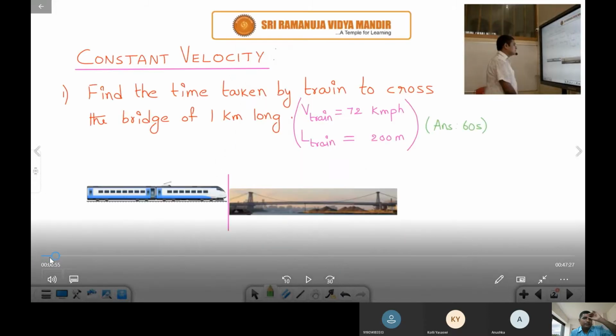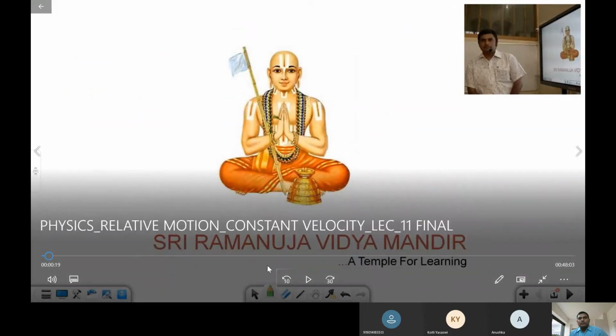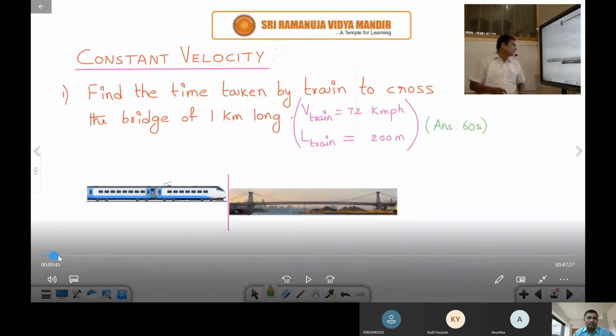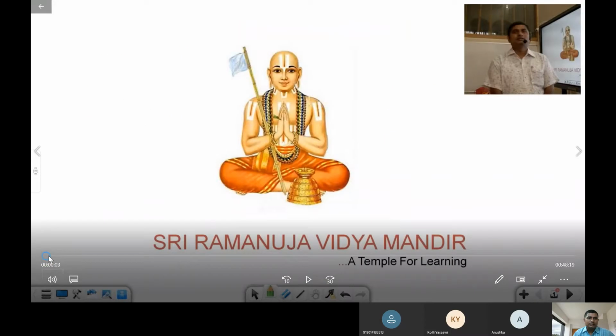So only one equation we have in all these problems in this entire topic, that is constant velocity. We have only one formula, s equal to ut. That's all. Of course, relative values. So first let us see, in this constant velocity we have basically,